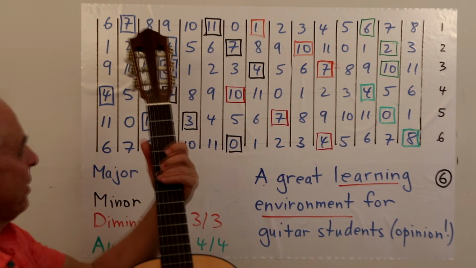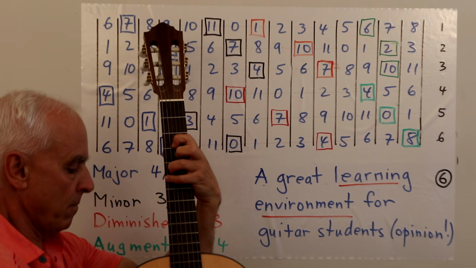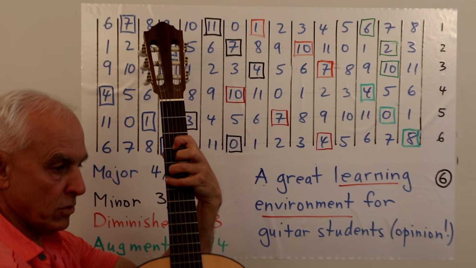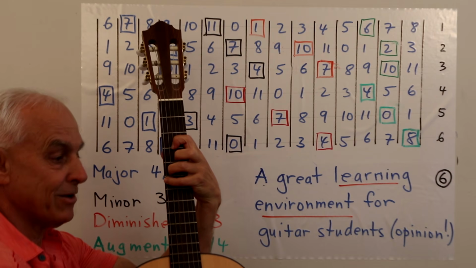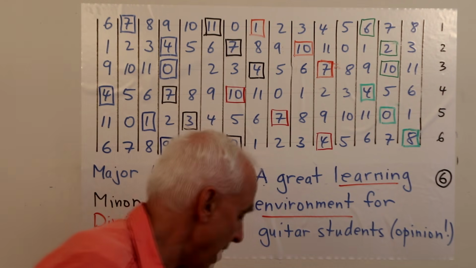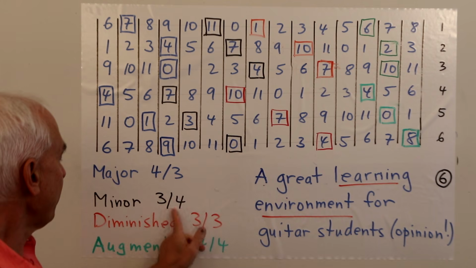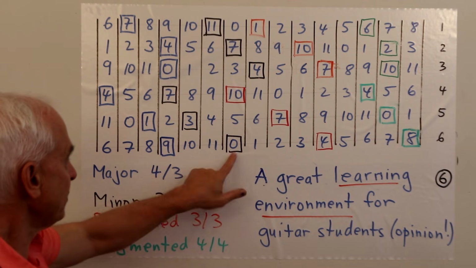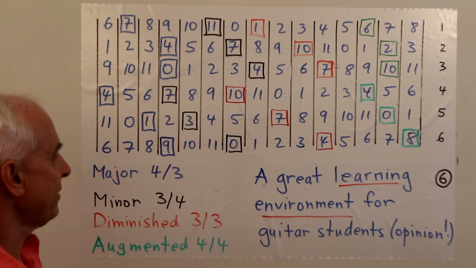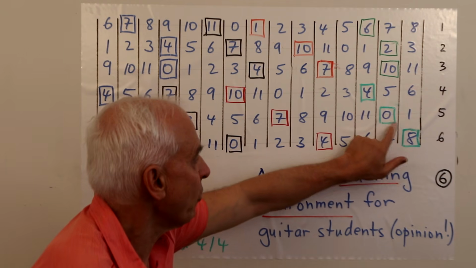So for example, the bottom one, something like this. Do, mi, so, do. And a minor. So we start here. We have to go a 3, then a 4. So 0, 3, 4. That's a minor. Diminished 4, 7, 10. That's the shape of the diminished. And the augmented 4, 4, 4. Just like this, going up the diagonals.